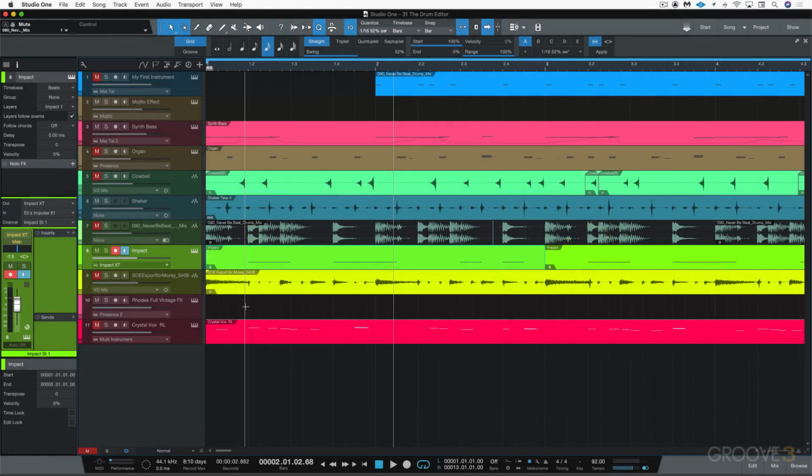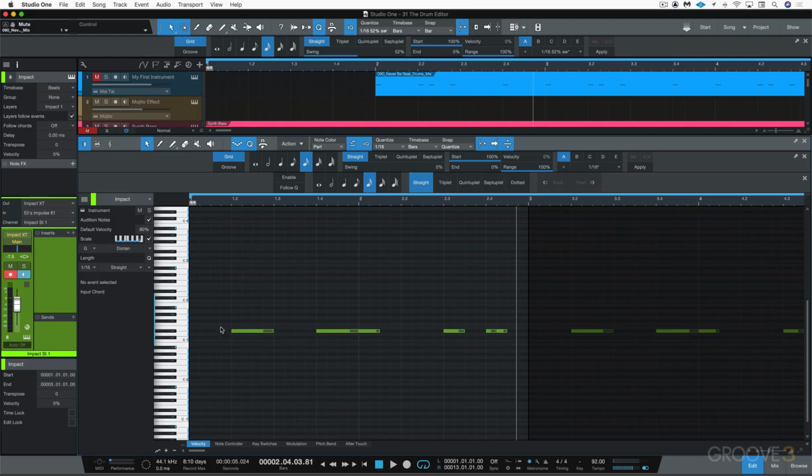In this video, we're going to look at the drum editor. Now, you'll recall a while ago I programmed up these hand clap parts, and this is what they sound like. Now, I'm going to hit F2 to open up the editors, and we see it on the regular piano grid